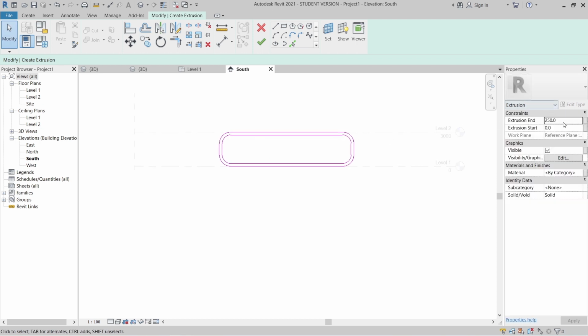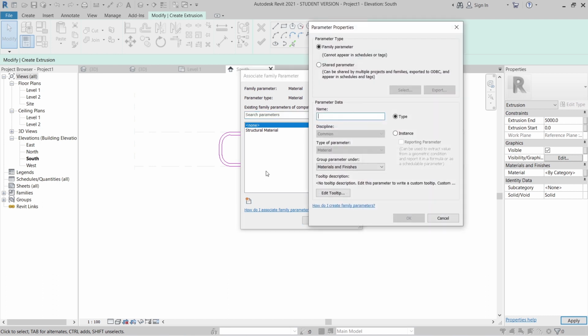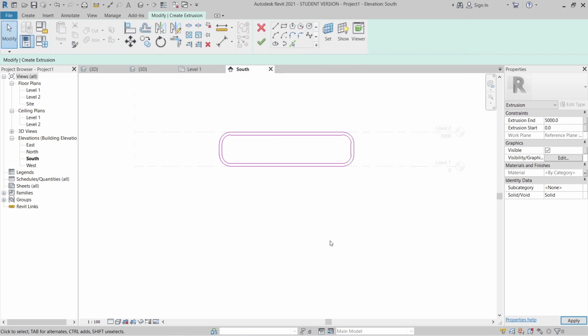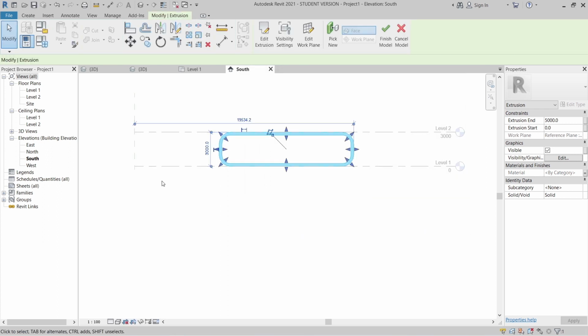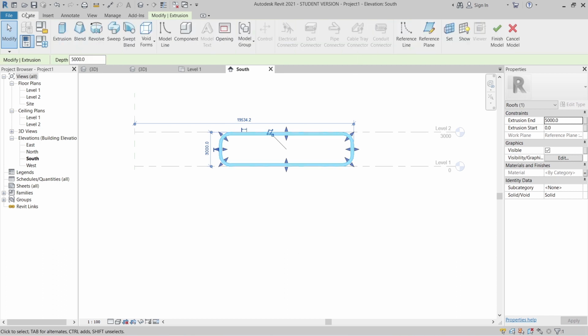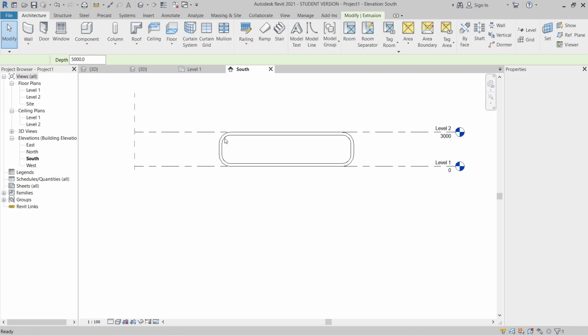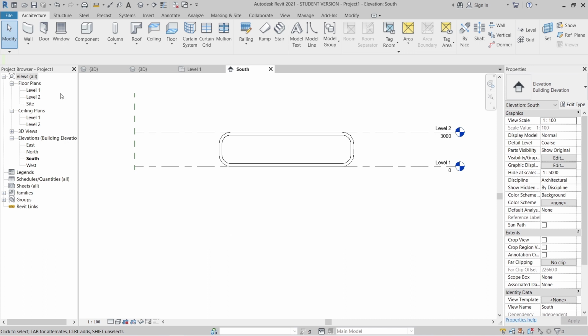And for the extrusion, I will offset this extrusion about 5 meters. And of course I will assign an associate family parameter as well. Create a new material here, make it for material. It's okay. Then hit finish. Then actually I can go to the Create tab and create another extrusion for our top view there, but I'm going to hit Finish Model first and simply create another one. Later on you will know the reason also. We have some reason to apply this method.